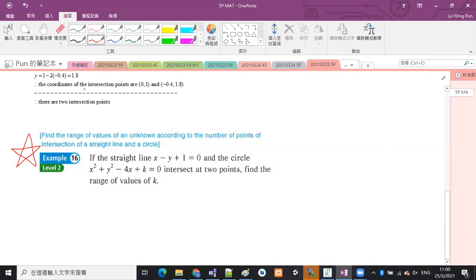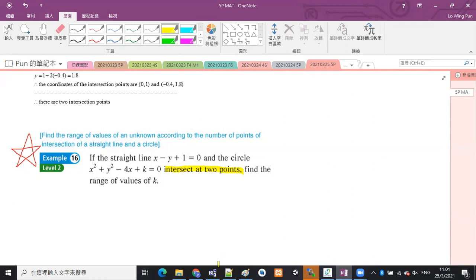So please highlight these words. Can you highlight these words? Intersect at 2 points. Okay, this is the information given by the question, and that will make you set an equation. OK，好啦，但係